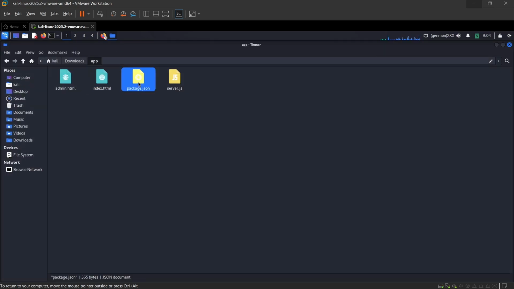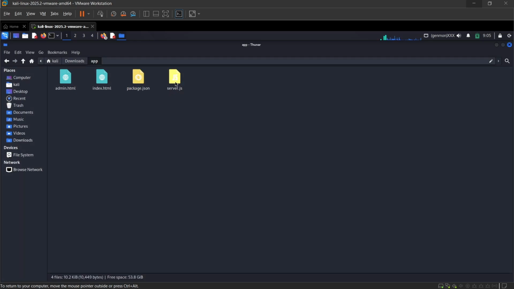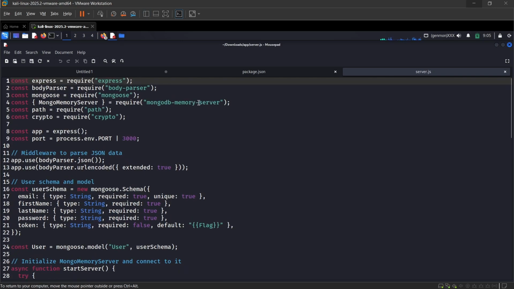So we have a package.json available. I'm opening that. This is the information that we were able to get from the JSON package. We have the version and some little information, and it's basically MongoDB. So this is something to note. It's basically MongoDB server 7.0.0. Maybe useful. We have the server.js JavaScript. Let me zoom that. From this we were able to identify that this is MongoDB memory server, and